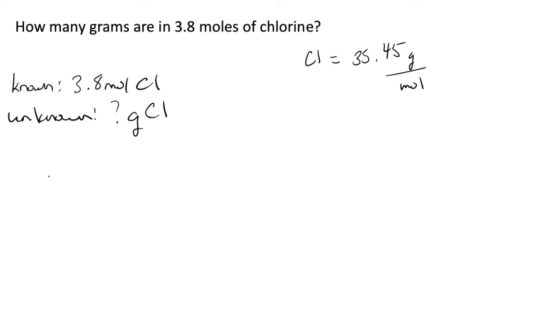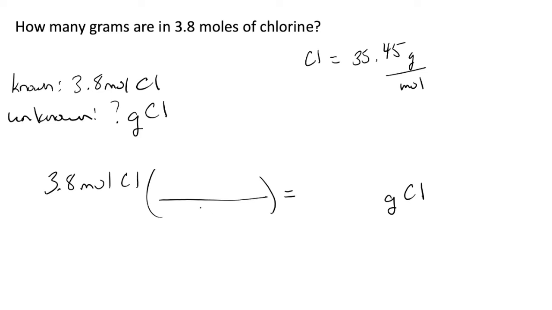Now that we have our molar mass, we can go ahead and set up our question. We're going to start with our known, which is 3.8 moles of chlorine. We're going to do something with it in order to get grams of chlorine. So we want to cancel out moles. I'm going to set up my molar mass for this conversion. Moles will be at the bottom, grams will be at the top since that's what I want to keep. And the number is always attached to the grams. So now let's do the math. 3.8 times 35.45,